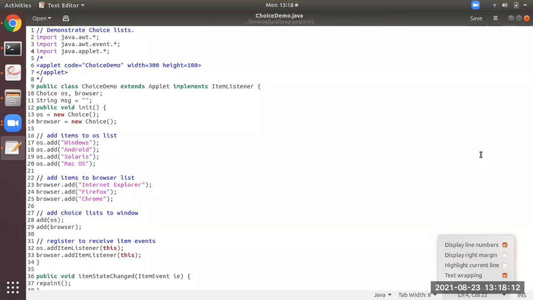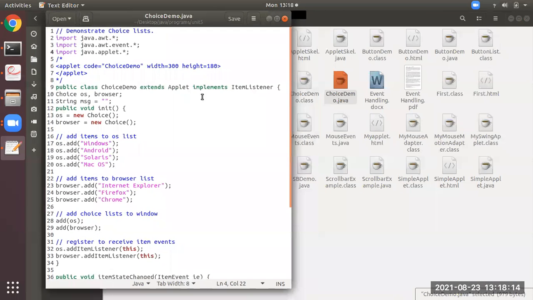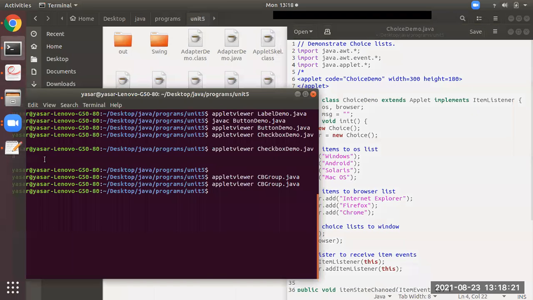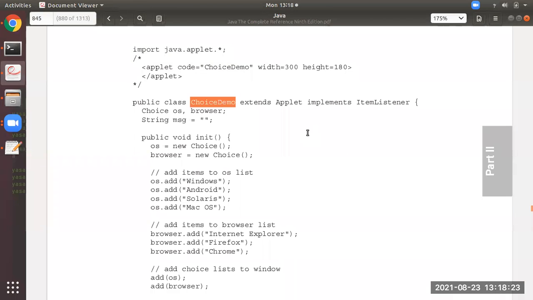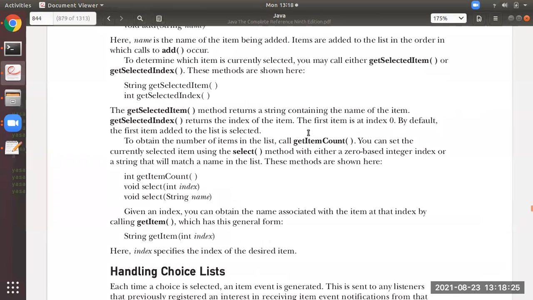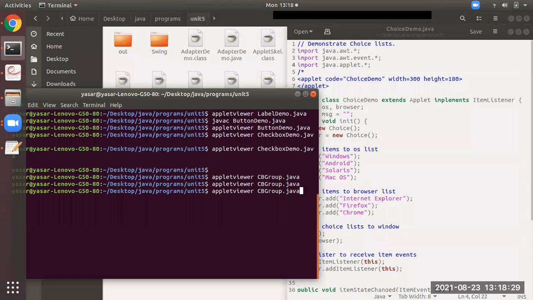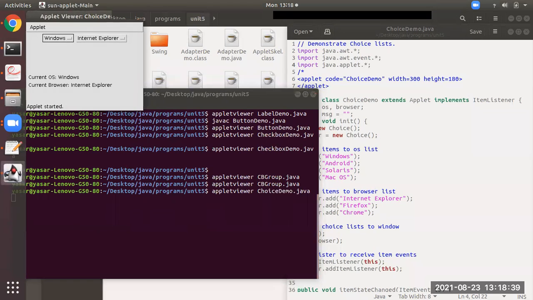Okay, students, just observe here. This is the choice list program. Choice list only, it is like a pop-up list. Let me run the program. ChoiceDemo, because I've already compiled it and seen the outputs also.